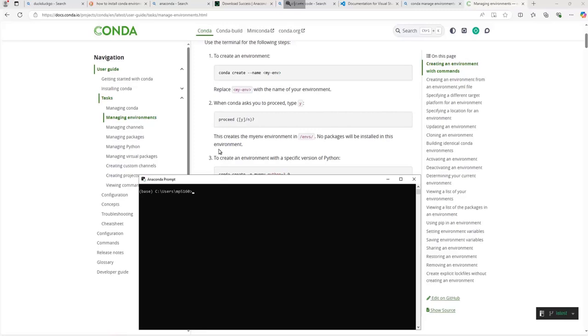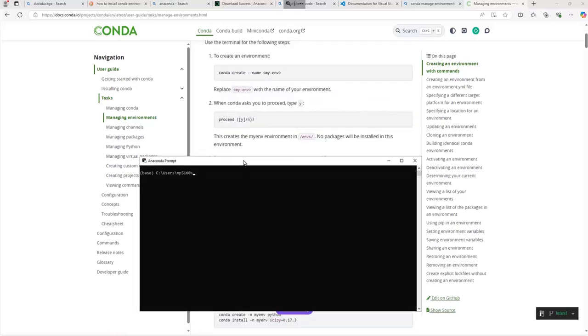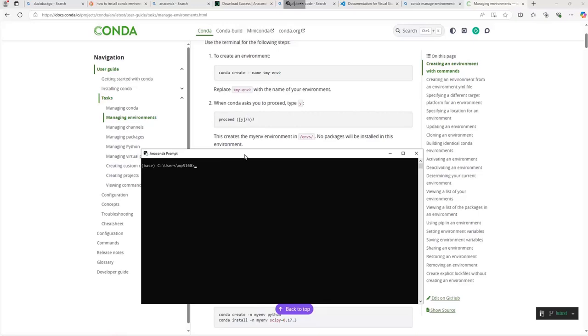Most of the commands are the same, and there are plenty of resources to find out how to install an environment and packages in Anaconda for Mac, for example. You can Google that. But let's go with this one, conda